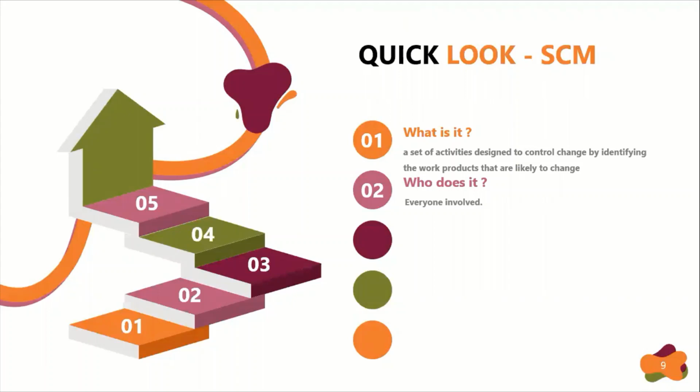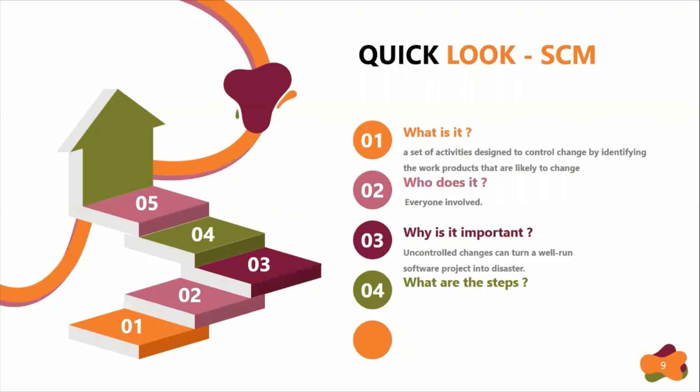But you can have some special teams who can manage the SCM process. Why is it important? If you don't control change, it will control you, and that is never good. It is very easy for uncontrolled changes to turn a well-run software project into disaster. For that reason, software configuration management is an essential part of good project management.